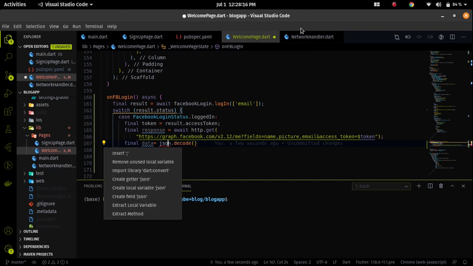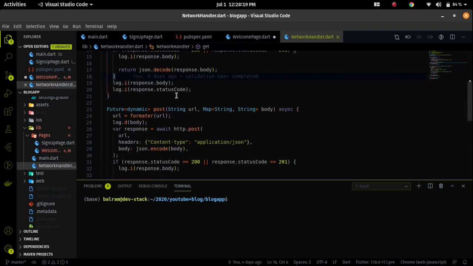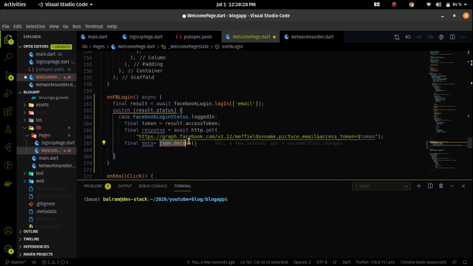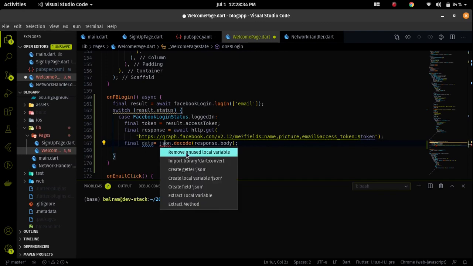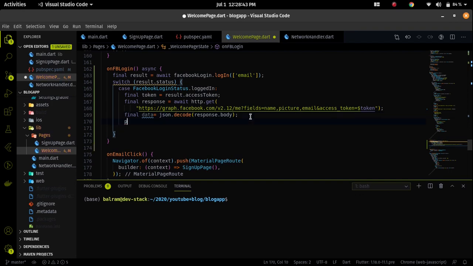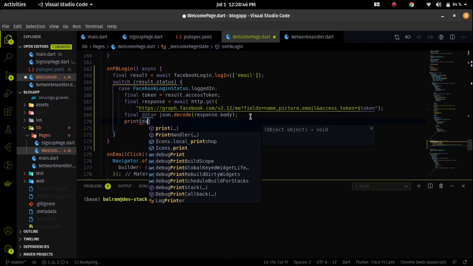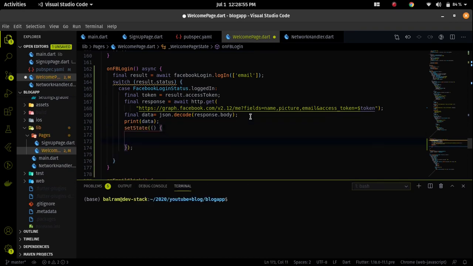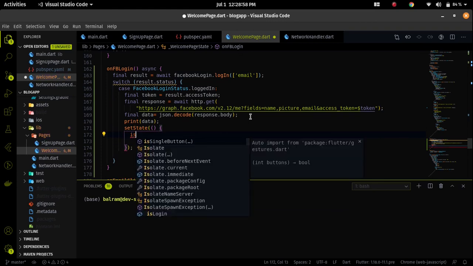So if I copy and paste the code which is working in the other file and paste it over there, now I'm getting a .convert package import. See, this is working, and we can print the data over there,